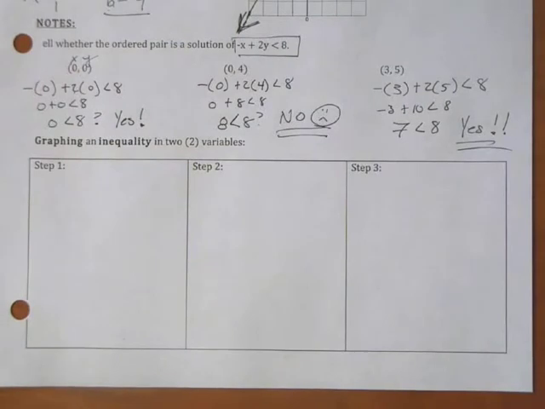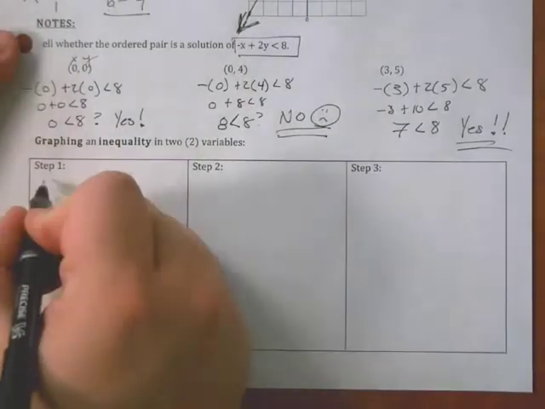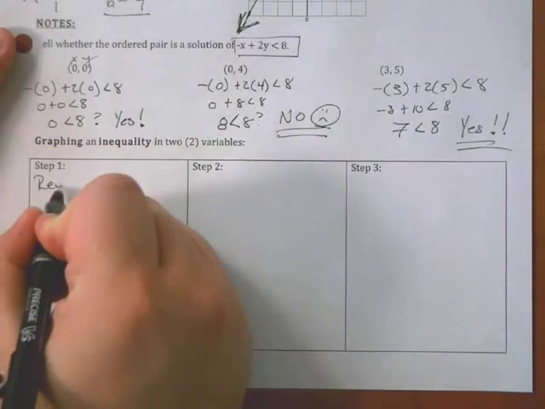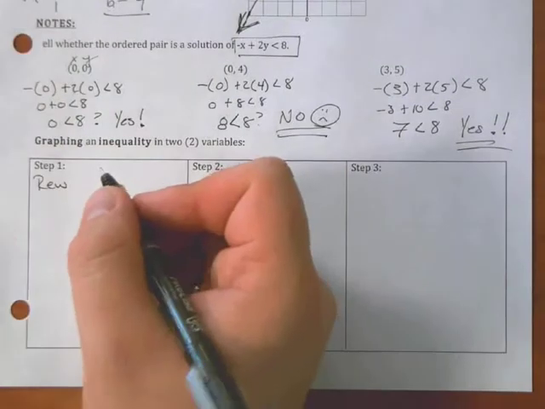When we're graphing inequalities with two variables, we're going to be basically drawing lines. We're going to take lines, throw in some fourth grade coloring skills, and voila, you're going to get yourself the solution to a two-variable inequality. We're going to do this in 3 steps. Step 1,